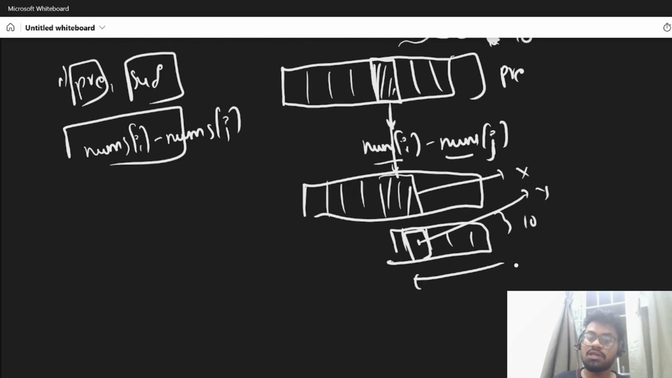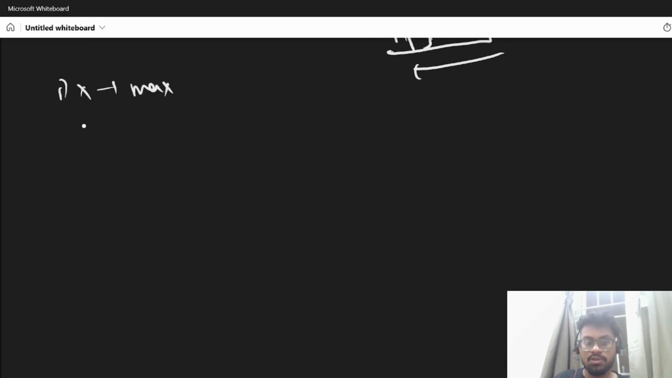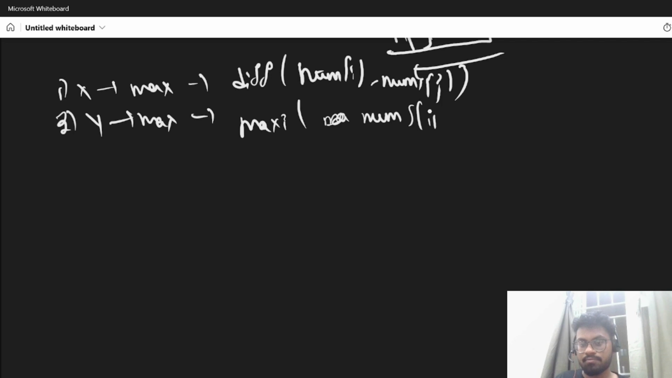But if you follow the greedy approach, which is an easy one, as I told you, we need to make sure x should be maximum and y should also be maximum, where x is the difference, nums of i minus nums of j, and y is the maxi, which is the maximum element, maximum of nums of k. Okay,